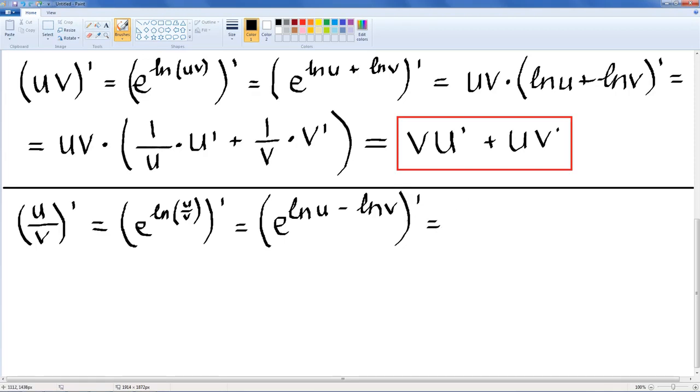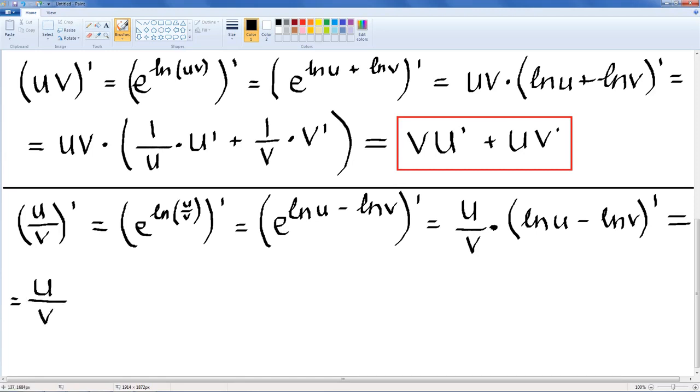Notice that the original thing is actually u over v. Okay, so I'm not going to write e to this because I'm lazy. So I'm just going to write u over v because that's the original thing, times, again, the derivative of the inside function, right? And so we're going to have the derivative of ln u minus ln v. So that equals u over v times, okay,